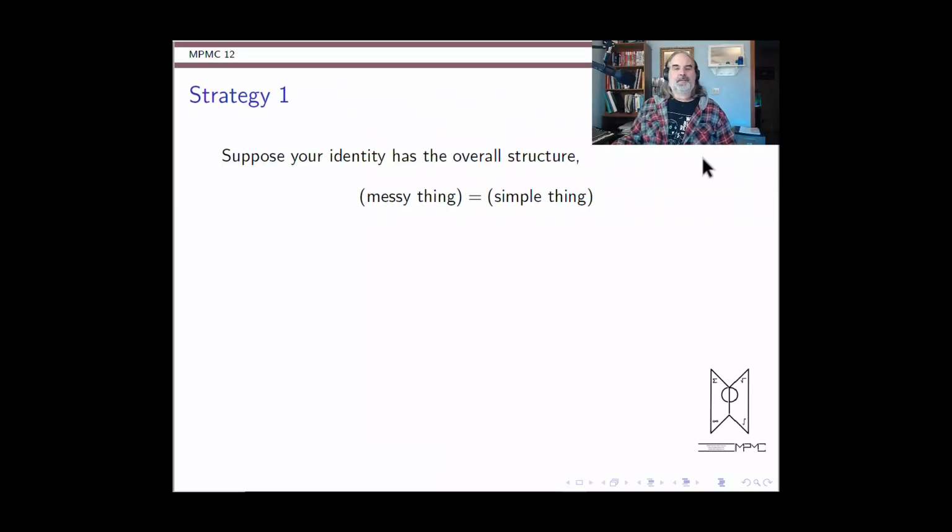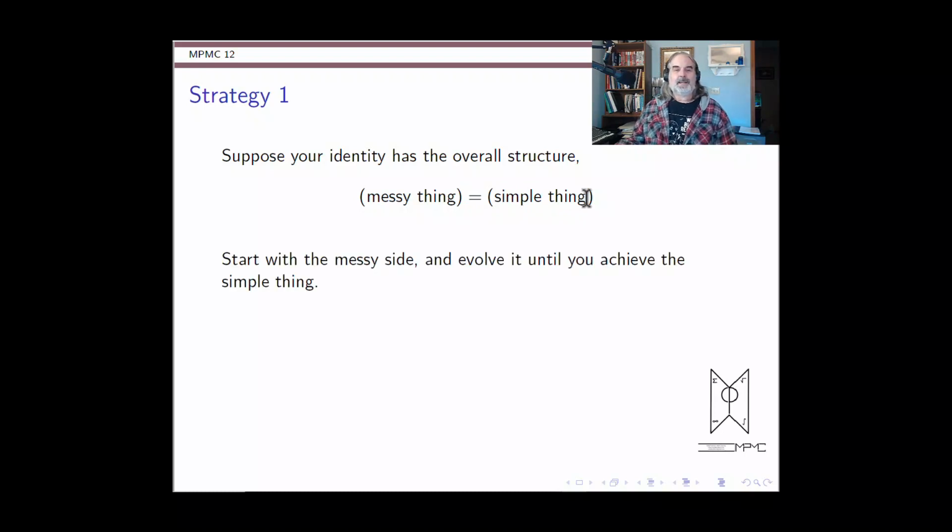Okay, so the first strategy, if you are asked to prove a particular trigonometric identity, is best for when the trigonometric identity is of the form some big messy thing on, say, the left side of the identity is equal to some nice, tidy, simple thing on the right side of the identity. Now, in that case, what you can do is just start with the messy thing and just evolve it, revise it, revise it, revise it using trig definitions or other identities, cancellations, things like that, until suddenly, boom, the simple